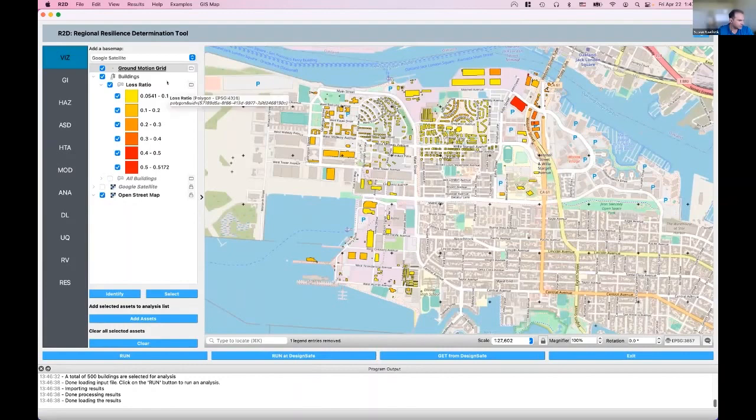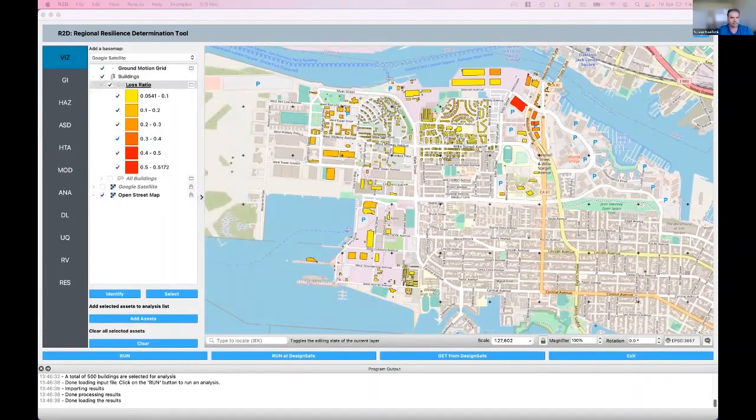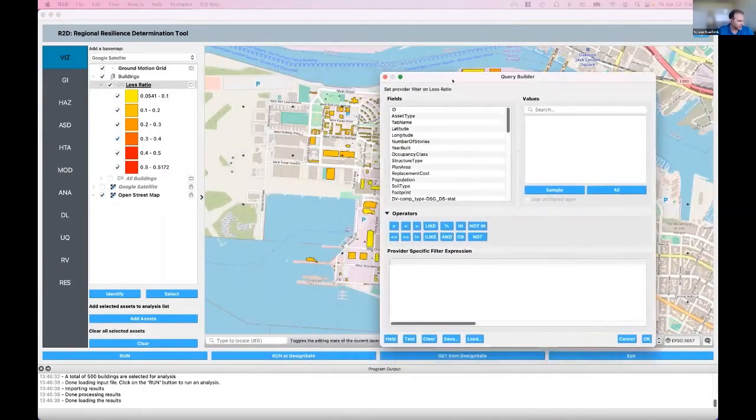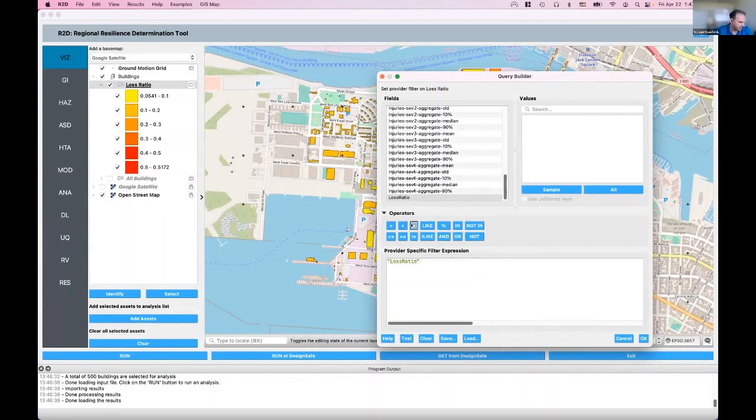So using the QGIS capabilities, I could right click on this layer, and I can go to filter, a pop-up comes on the screen, and then I can make these fancy filter expressions. So I could say, for example, my fields are listed here. Let's see if I can find, there we go. So loss ratio, greater than